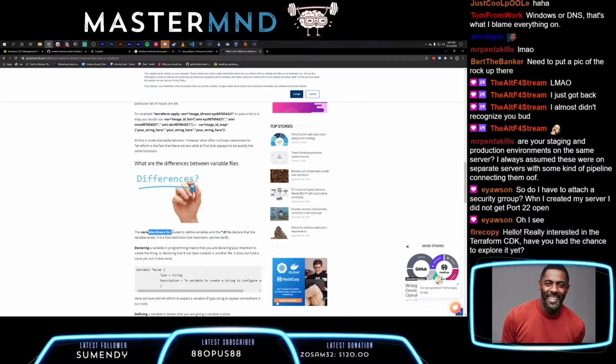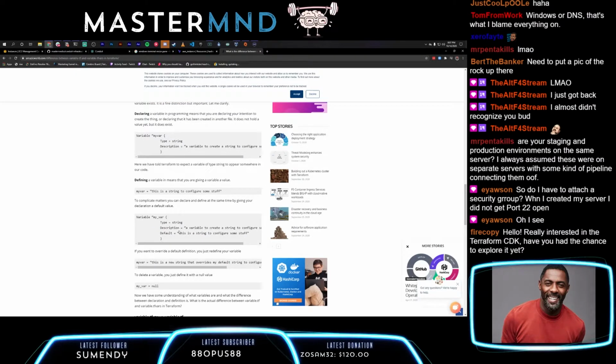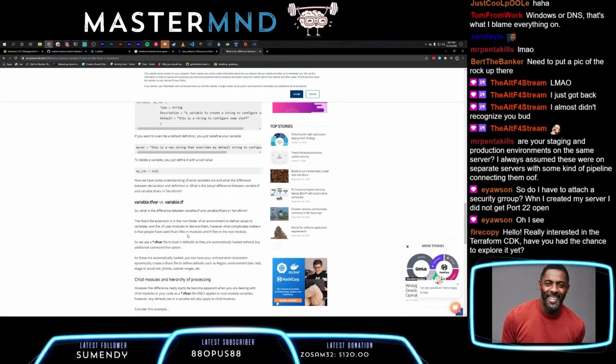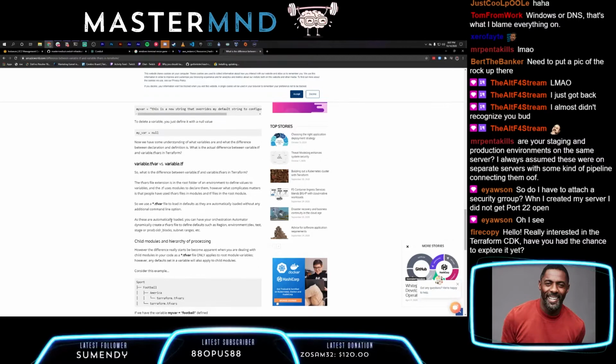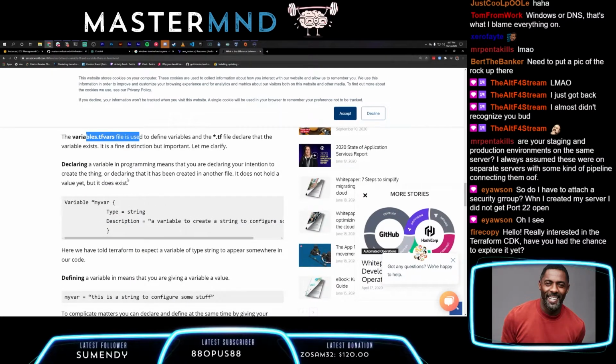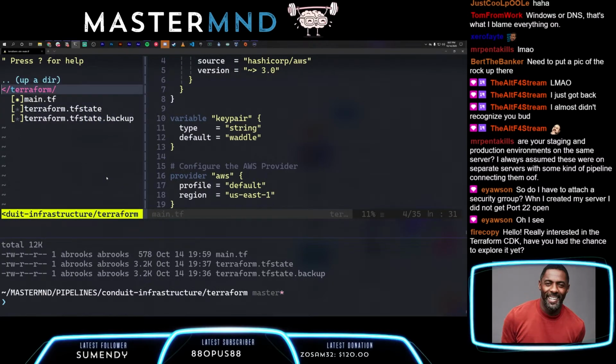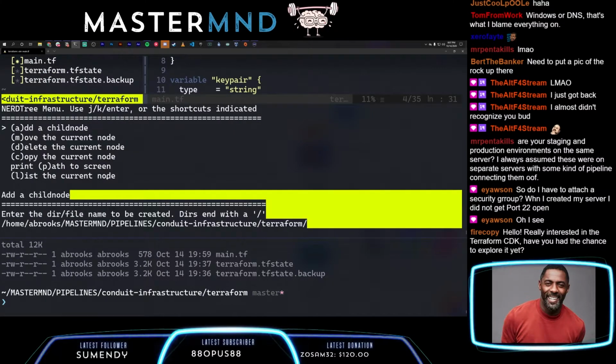Okay, yeah. tfvars is where you give it values if you want to just set a bunch of values, and variables.tf is where you define it. So I'm going to move this to a tfvars file real quick, variables.tfvars. And so this will use this variables.tfvars. If I go ahead and make that really quick, let's see, add